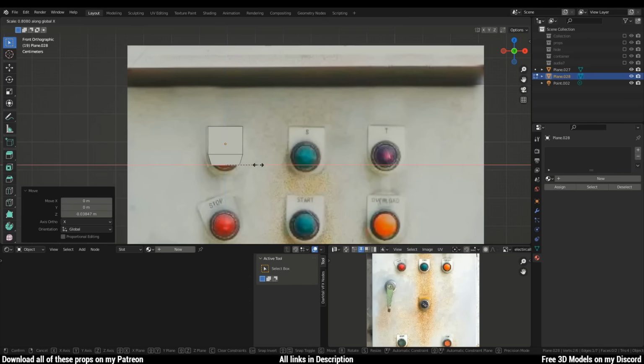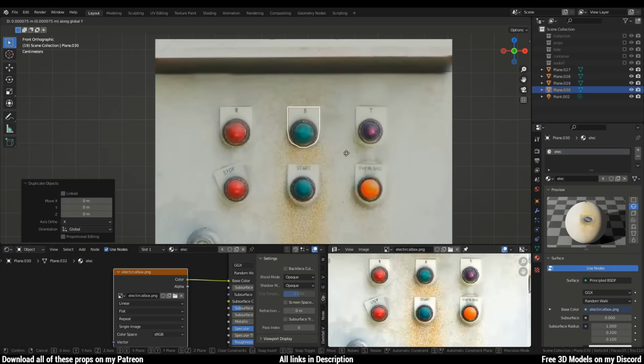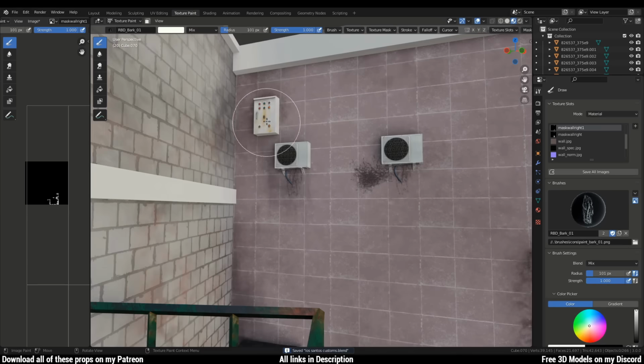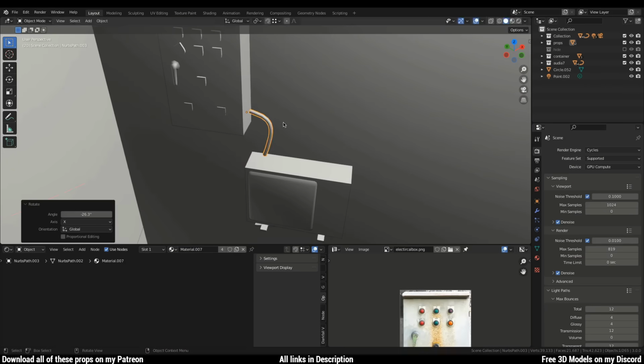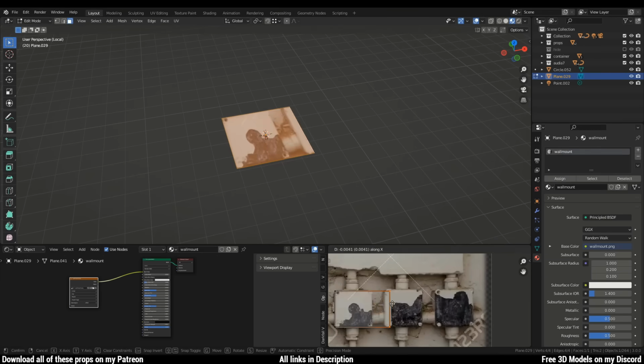I used GIMP to make the normal map and imported the image into Blender, from where I started turning it into a 3D prop. I actually downloaded a bunch of images online like this one because sometimes you just don't get enough textures outside,